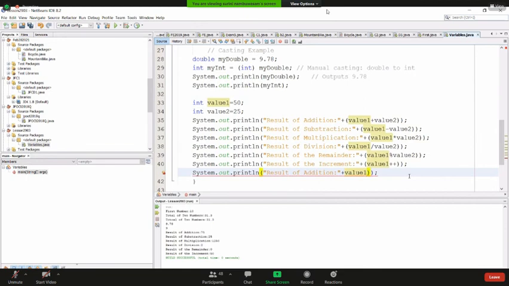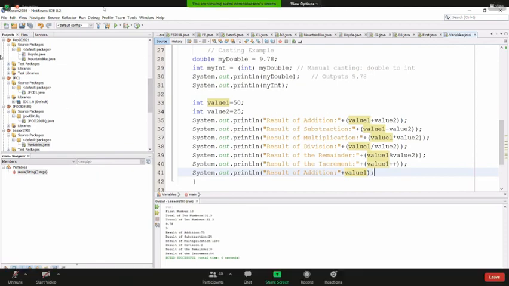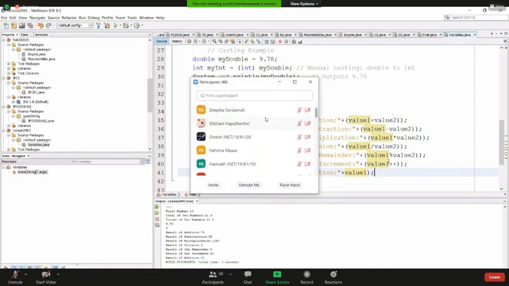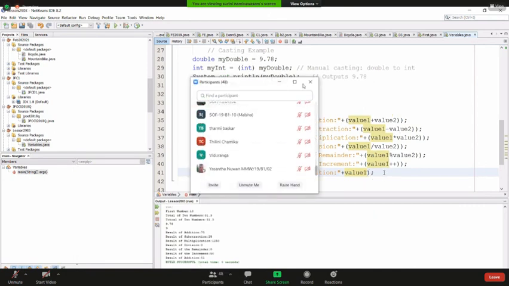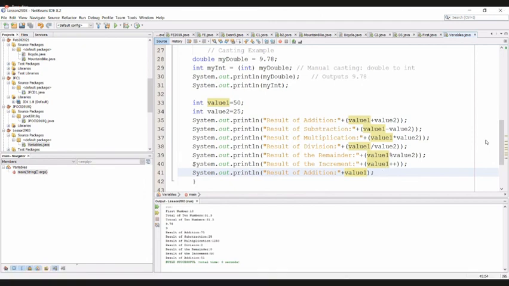I hope that you are familiar with pre-increment and post-increment. Prefix, postfix, those things we have discussed in data structures and algorithms. To get the 51, you have to use another statement to print the value.